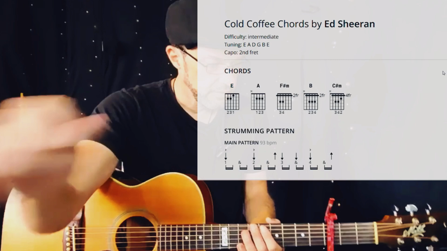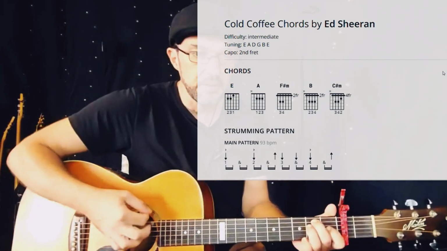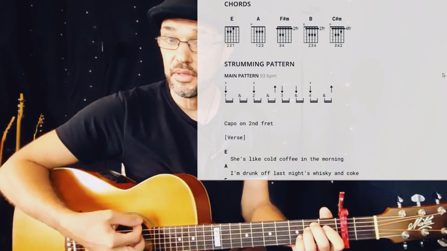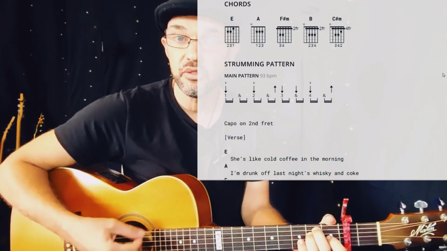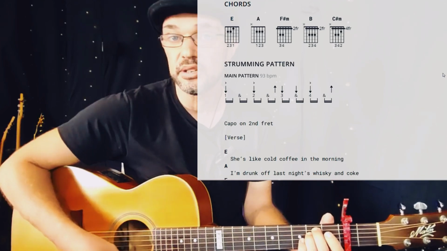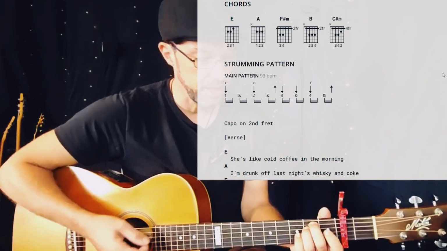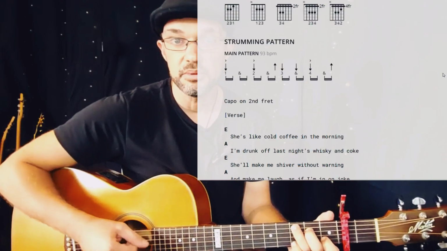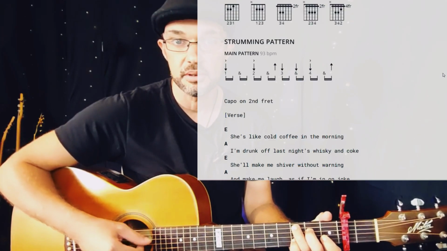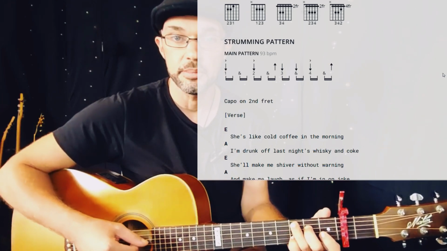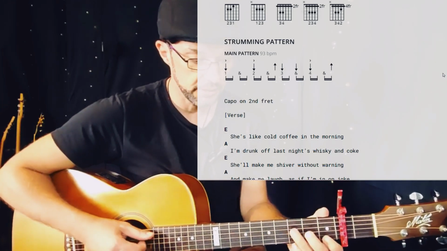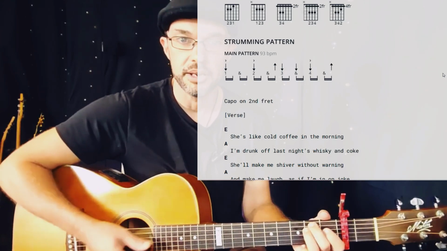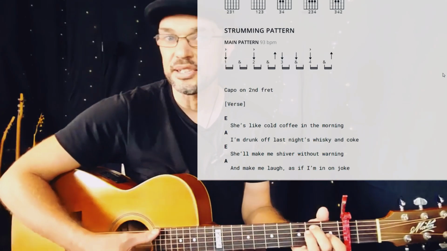So capo second fret. So he's playing an E major chord for this one. So that's different than the E minor. I would say that's a different chord shape because it's used in a different context. Unlike the C and the C9, they are interchangeable. If you see a C, you can typically, not always, play a C9 if you so desire. For E major to E minor, they're not interchangeable. They're quite different. So that's another chord shape.